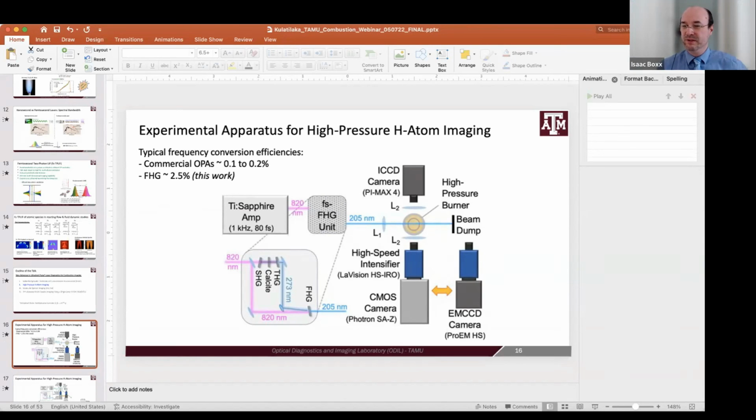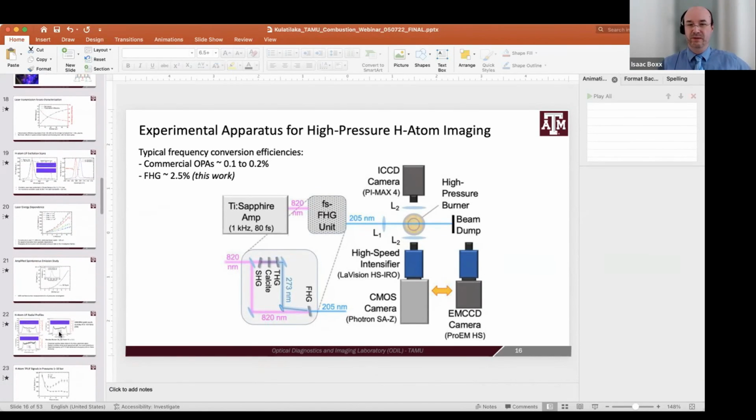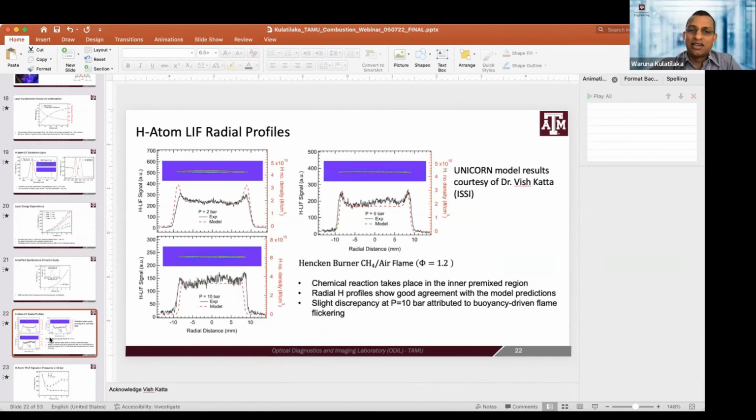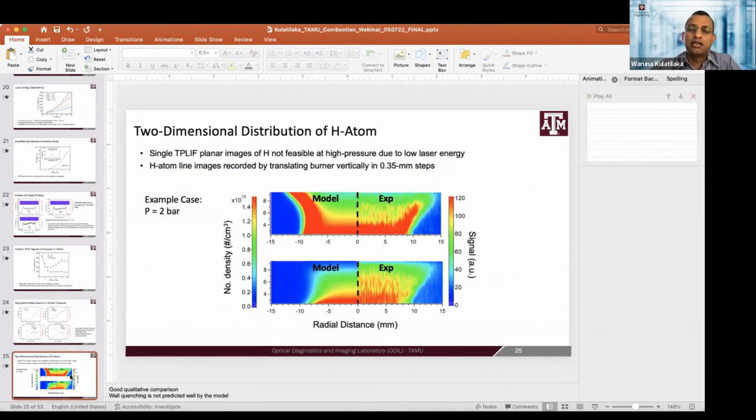Okay, next question is from Todd Fonsler. I hope I'm pronouncing that correctly. On slide 22, are these single shot measurements or averaged over many shots? And if so, how many? No, these are single shot. Single shot. Okay. Yes. Great. The ones we use to create the 2D images are averaged because you don't get a high enough signal-to-noise ratio. But when you do a fine enough line, you can do line imaging and you can get single shot.